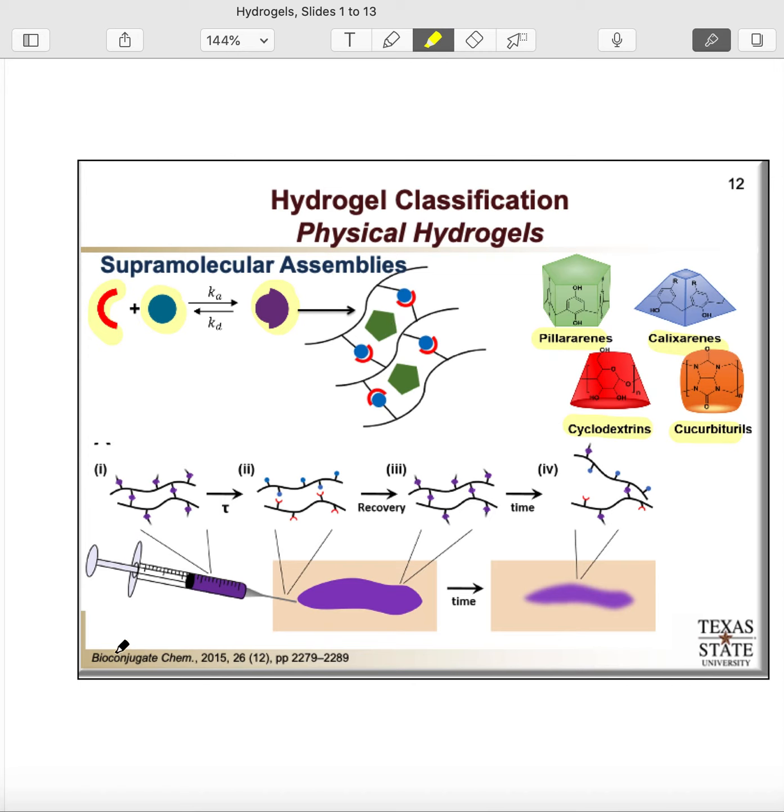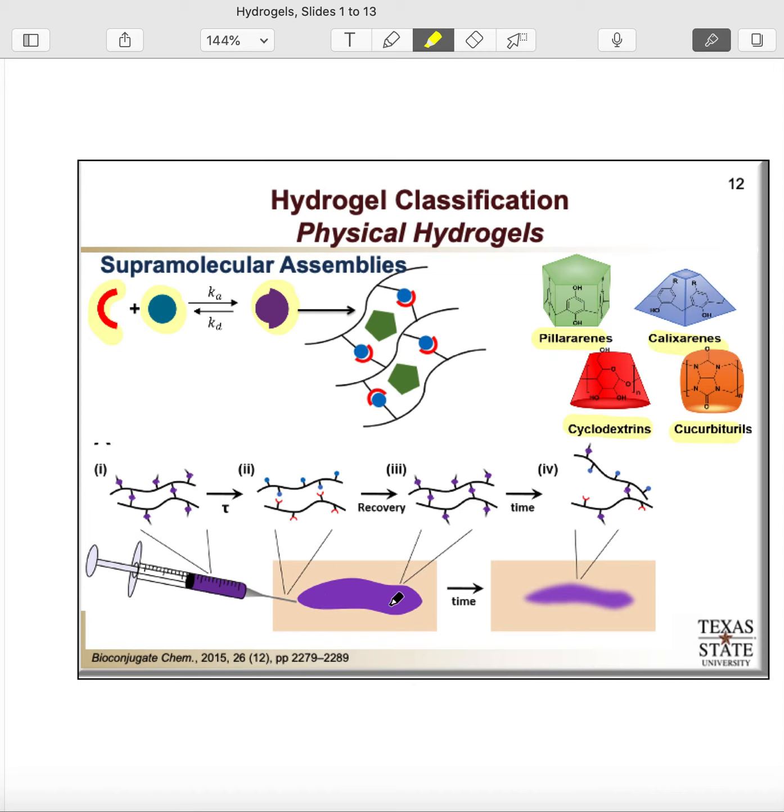In this particular example, what they were showing is that you could actually utilize this to generate an injectable hydrogel. So for example, here we have a hydrogel that has already been formed within a syringe. Then by passing it through the needle, we create enough stresses to be able to break apart that interaction, because remember that these are reversible interactions. They're non-covalent interactions. So just by applying that mechanical stress, we can actually break them apart